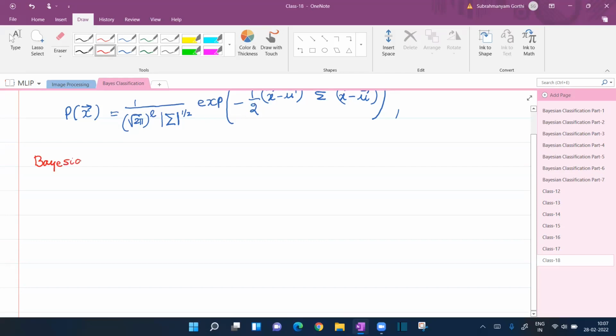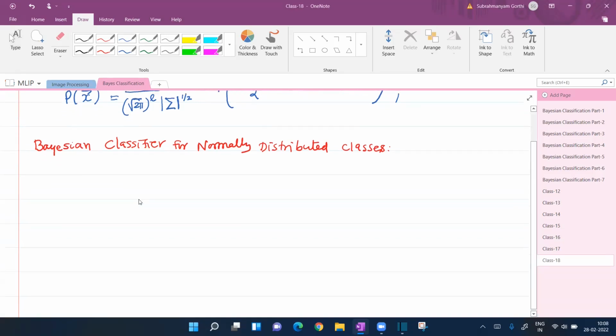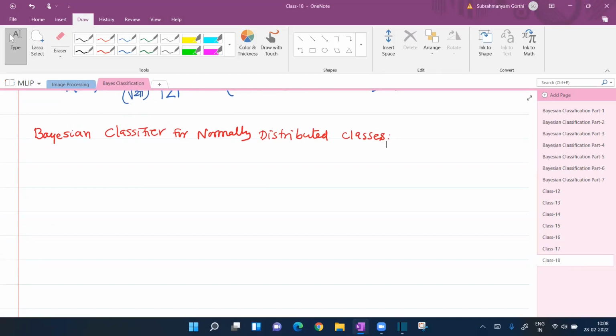The Bayesian classifier for normally distributed classes. So earlier, if you recollect how we proposed to perform the classification,